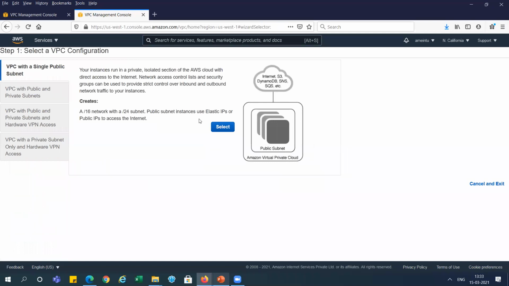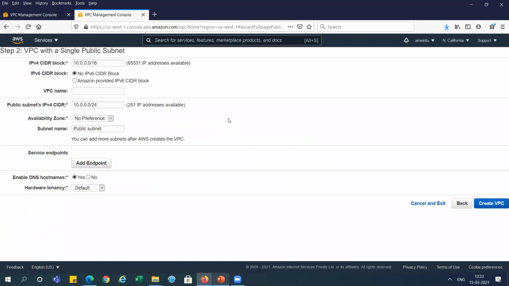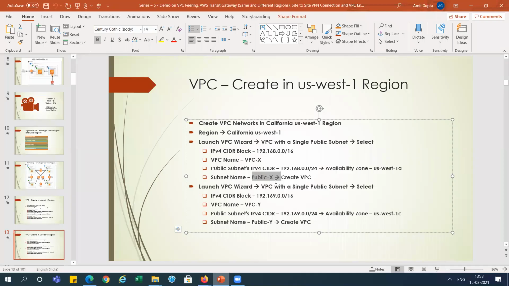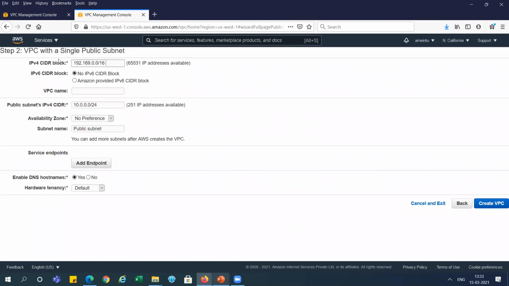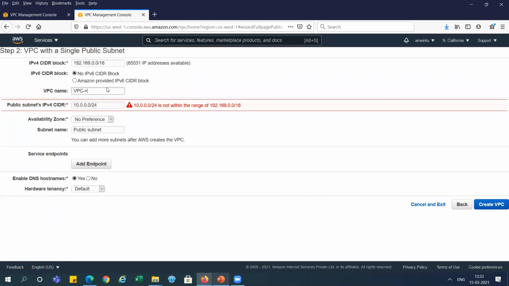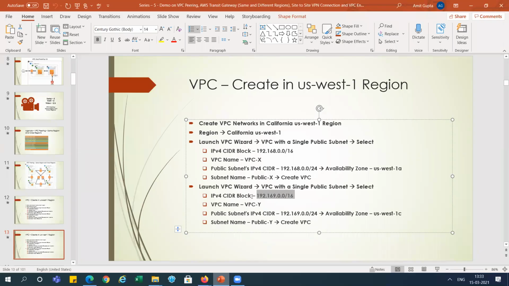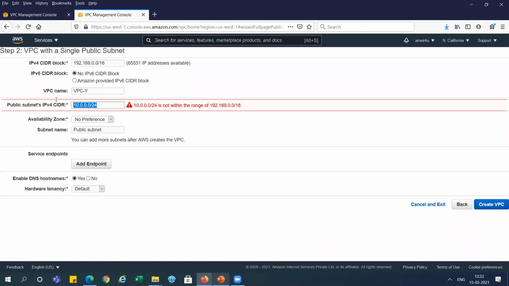From the VPC dashboard you can go and launch the wizard again. So here we will use a different range for that. So I'm using this range also. And for the VPC name, we can use VPC Y, right? And here we need to change the /24, right?